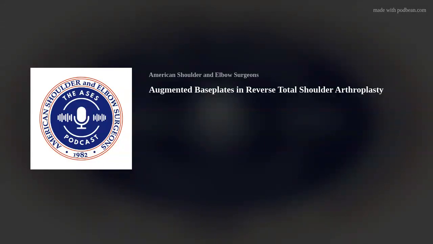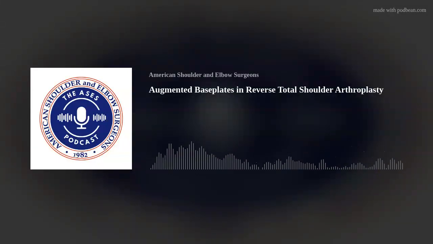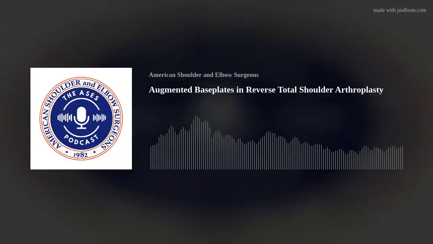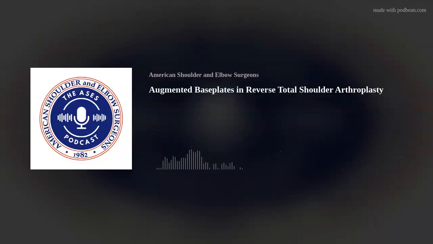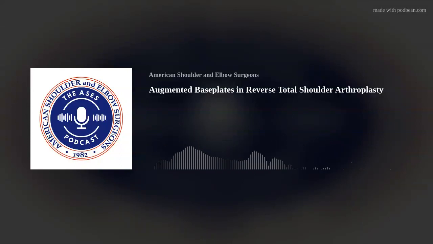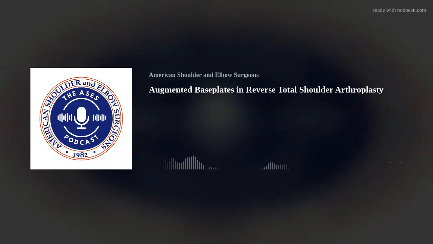One of my mentors professionally, Mark Frankle, has taught us a lot about the alternative center line, and I've used that, and I think it's a very good technique to be able to get good fixation. But I think not everyone is Mark Frankle. I've been able to replicate it, but it's sometimes challenging to get that perfect positioning. So that's my long-winded answer to that. I hope that helps a bit.